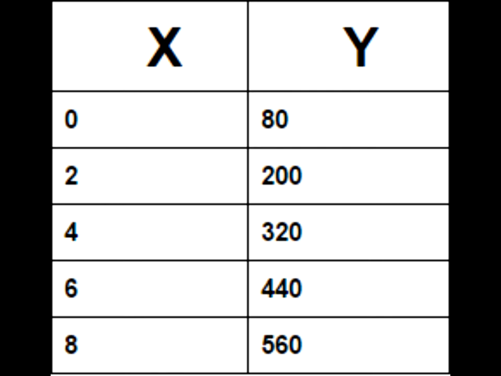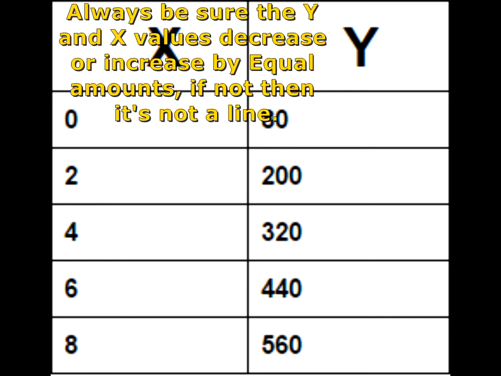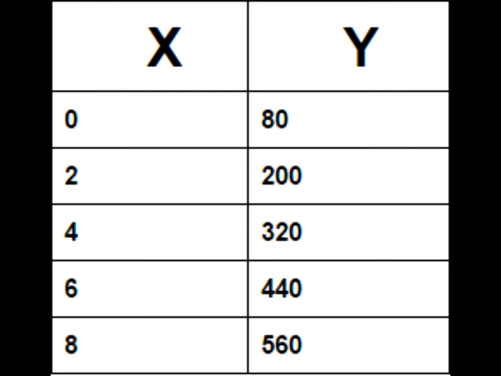This is the table of values we will be using to find the slope of the line. To find the slope through a table of values, we must choose two sets of points. It doesn't matter which points you choose. For our two sets of points, we will go with x = 2 and y = 200, the second column, and x = 6 and y = 440,